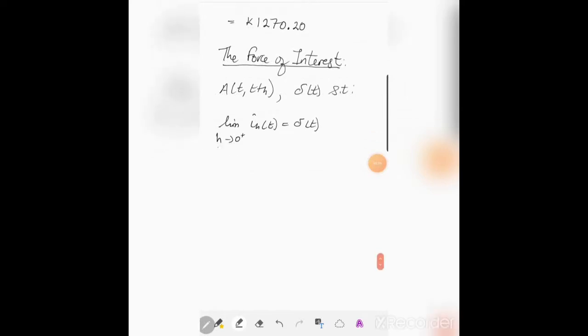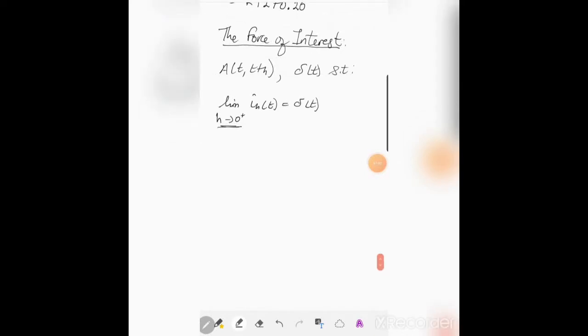And here we have seen this notation. This notation just indicates that the limit is considered as h tends to 0, considering only positive values, so that's why we have 0 plus. This 0 plus only indicates that we are only considering positive values. So it is usual to call this delta t, what? This is nothing but the force of interest,